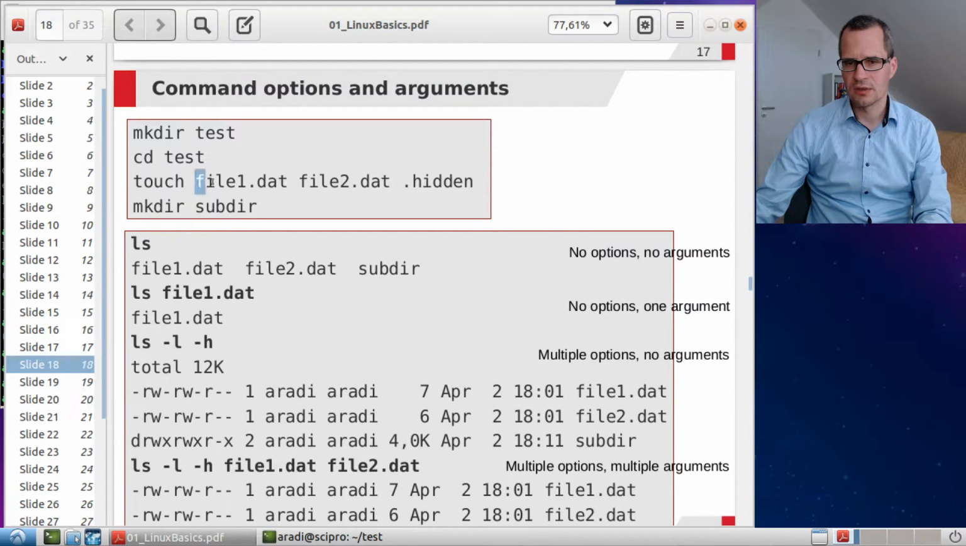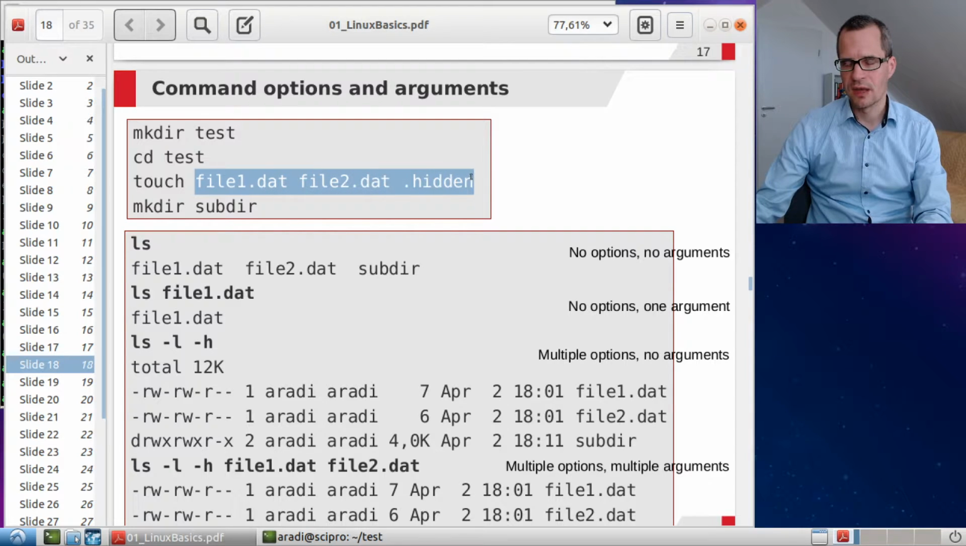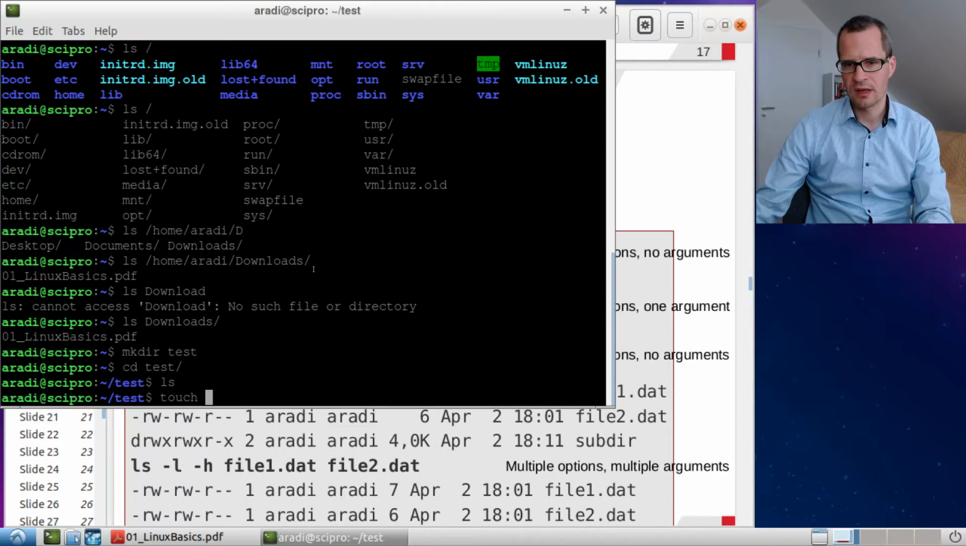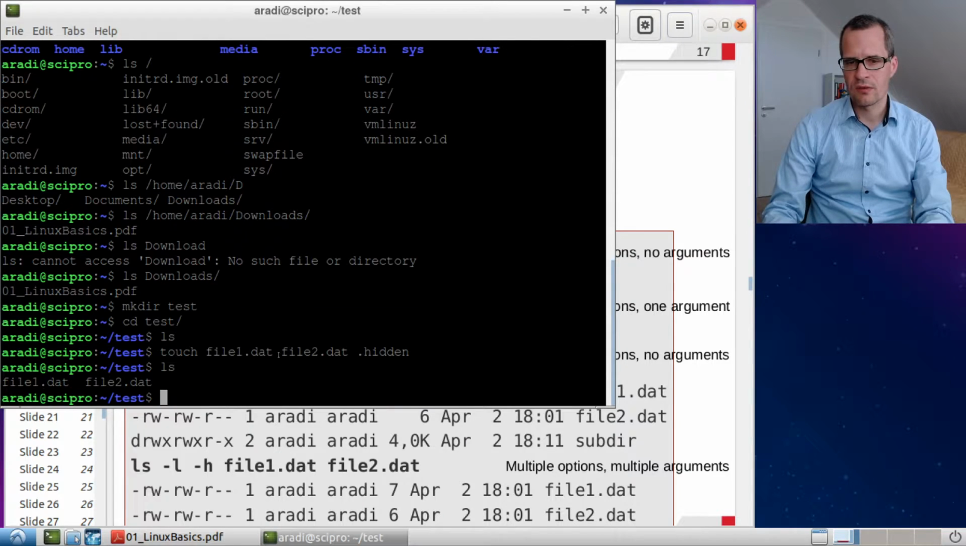As we've written here, you should create those three files: file1.dat, file2.dat, and .hidden. If you want to copy paste, just select in the slide what you want to type. You can press Ctrl+C for copying, and in order to paste that into the window, you need Ctrl+Shift+V, so you should also push the shift button. Okay, and now if you do an ls, you see we created three files, file1.dat, file2.dat, and .hidden,